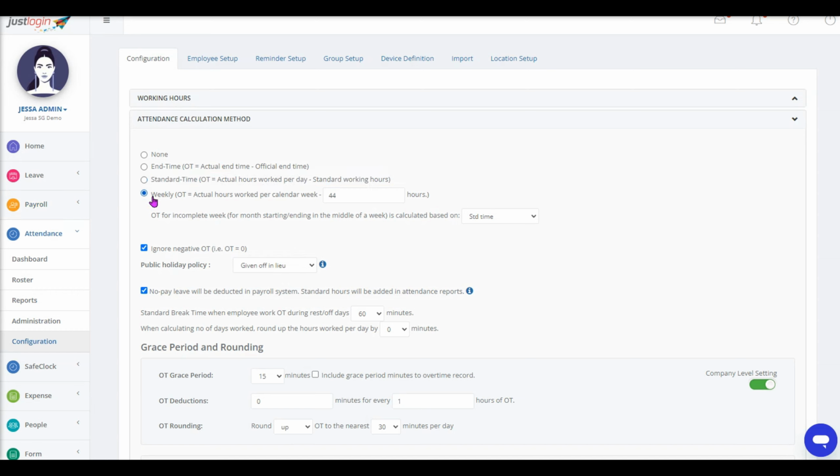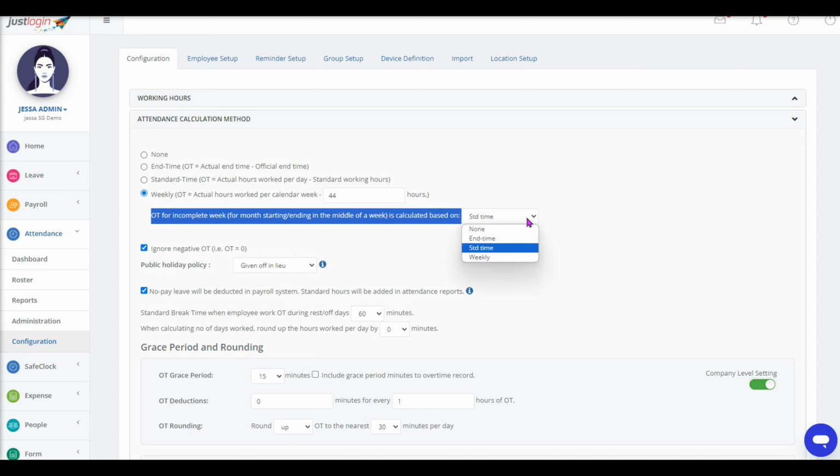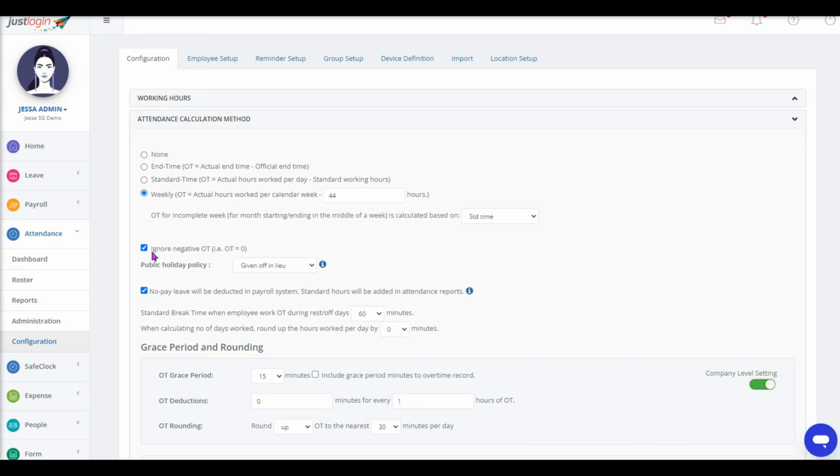And the last one is weekly. The OT calculation is based on the number of hours required in a week. For example, the employee is required to work 44 hours a week, and if for an entire week the employee worked for 48 hours, the OT will be 4 hours. If OT calculation is weekly, you must select a sub-policy for incomplete week. If this option Ignore negative OT is ticked, the system will disregard if the employee did not fulfill the number